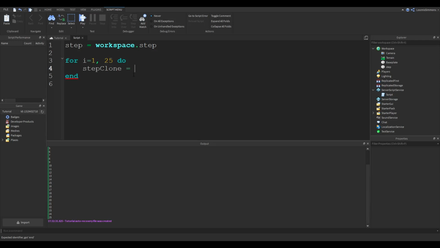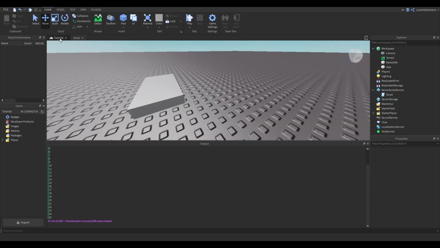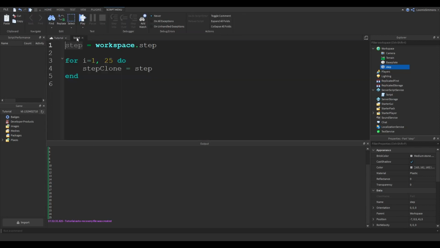And so how do we call that, right? So it's a function. So what we do is we'd say step. And because we want a clone of this original part, we always want to clone the same one. So we're going to say step, and then to call the clone function, we're going to say